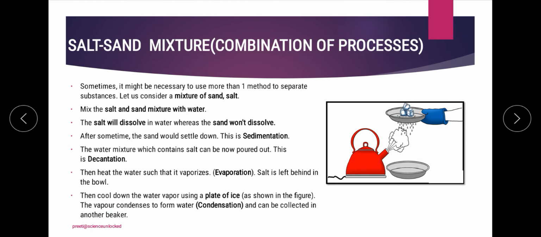So over here we are going to use the next process which is called condensation, by simply putting ice onto the plate or any kind of surface, and we will bring it in front of the steam so that it is going to cool down. Ultimately we will simply collect the component that is coming out of the cooling process.